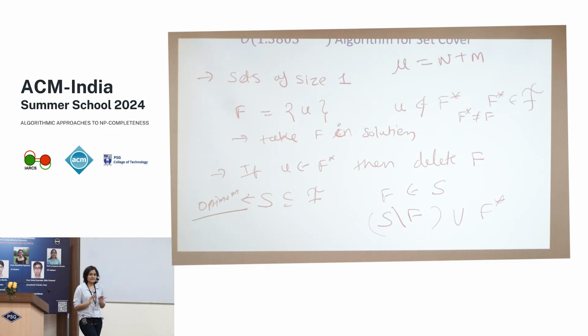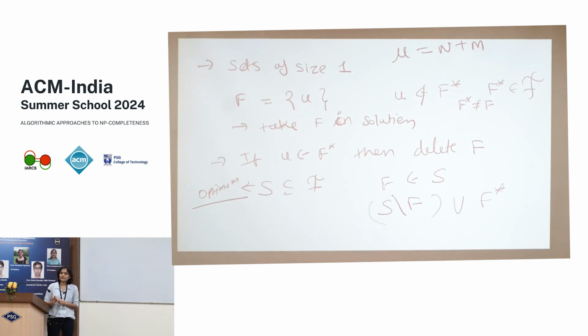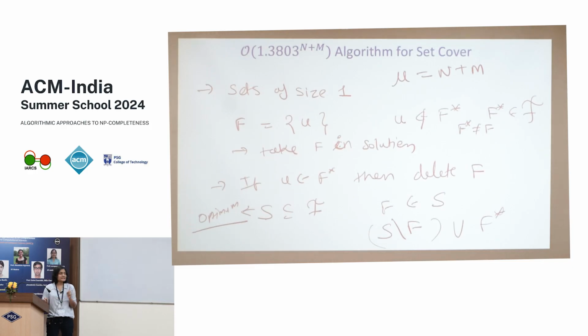So this is if I have set sizes 1. This is easy? Okay. Yes? Okay. So in the second case, if U is participating in some other set F star that is not same as F,